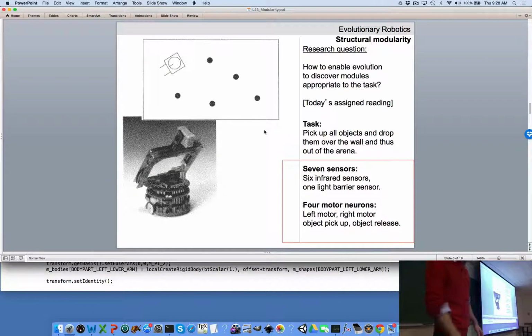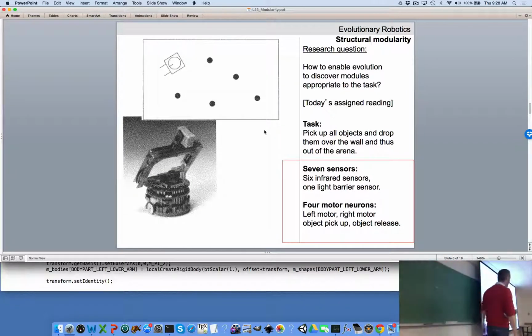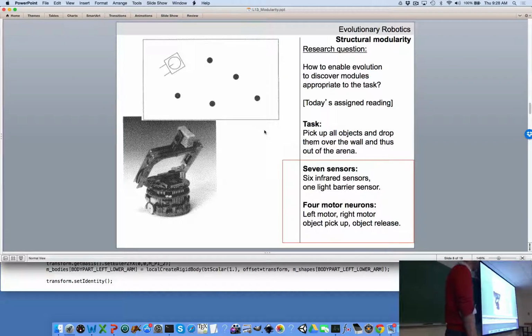Okay, so today's reading comes from, again, a very early paper in the field where they tried to tackle this issue. They used the Kepler robot that you see here. Remember that this robot itself is modular. You can attach different components on top. In this case, they gave the robot this little gripper here, and the task is for the robot to move